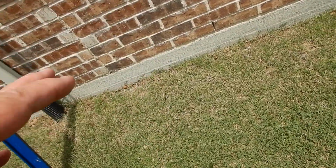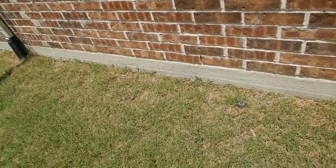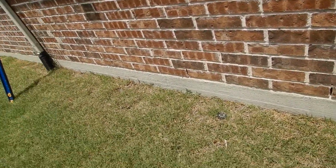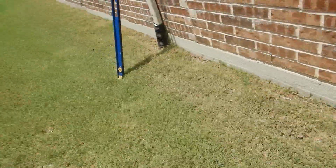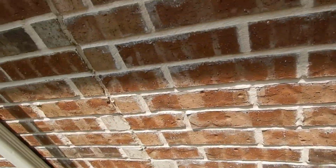This house was designed to leak. This house was designed to weather a storm. This house was designed to weather stuff. And that's just the way it was designed. It was not designed for the lawn sprinkler to hit it every day. And it wasn't